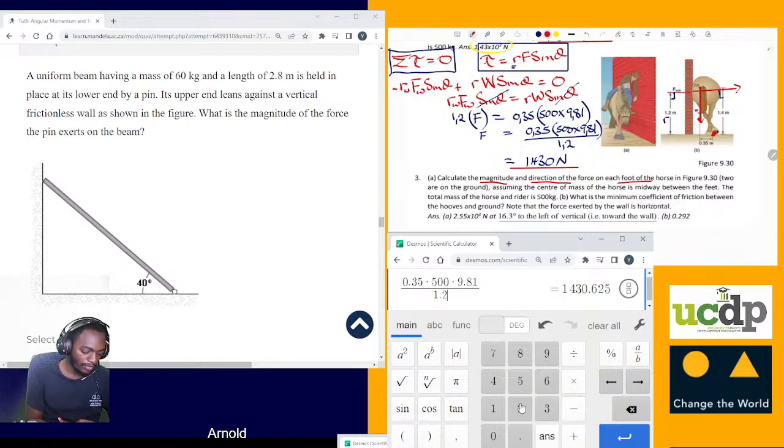The total mass of the horse and the rider is that. What is the minimum coefficient of friction between the hooves and the ground? Note that the force exerted by the wall is horizontal. Right, so